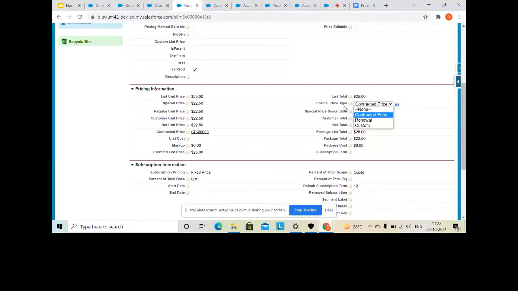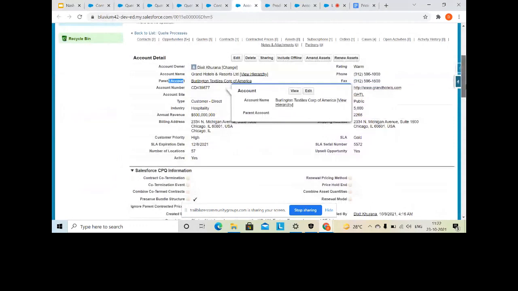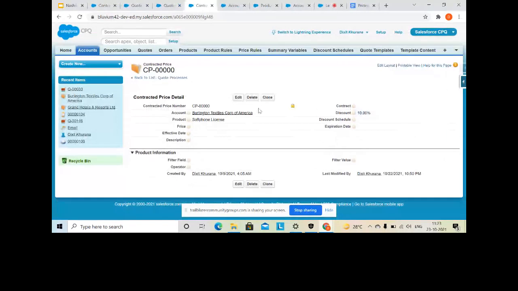Now, if I go back to my slide, one point is that effective date and expiry date will play a vital role if they are set. If I go back to my account, let me remove this. Now, if you see, there are two fields, expiration date and effective date. You can set these fields as per your requirement.